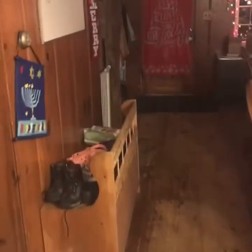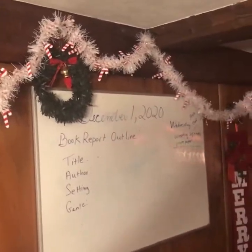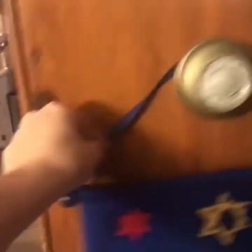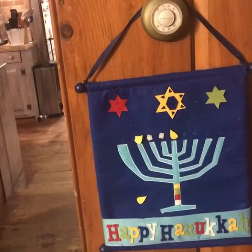Homeschool. And heading back over this way, guys. We also have our stickers. I even put a little wreath above the board here that I use for homeschooling. Also these. And a little wreath up there. And we even have, we lost some of the candles, a little Hanukkah sign. Some more stickers right here. Because we do